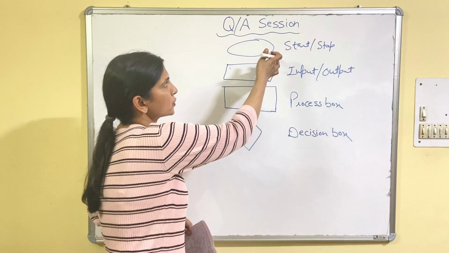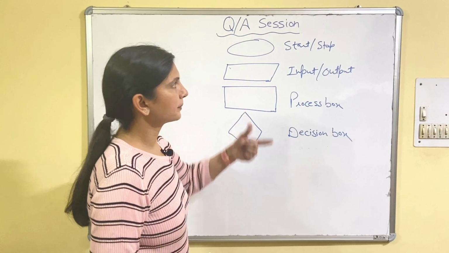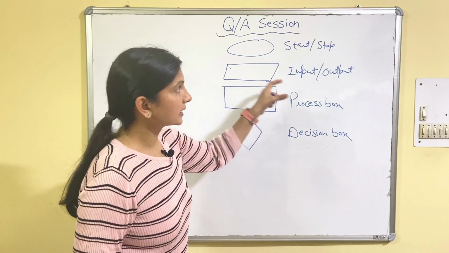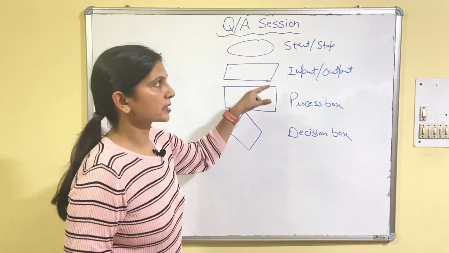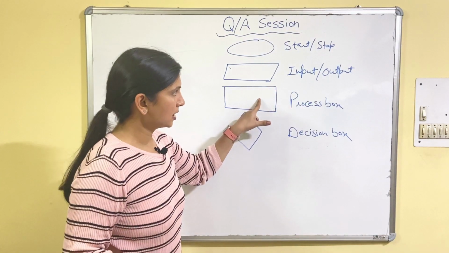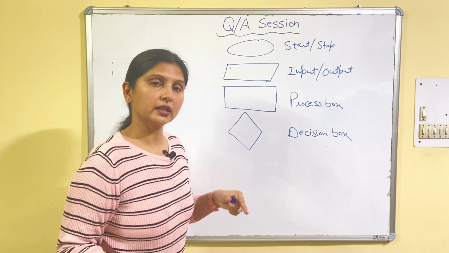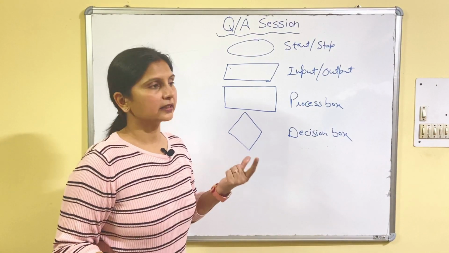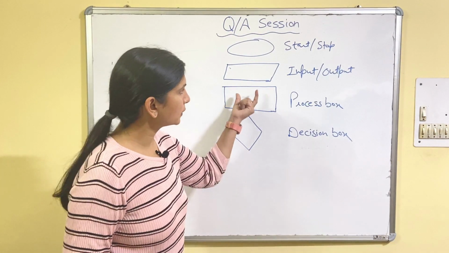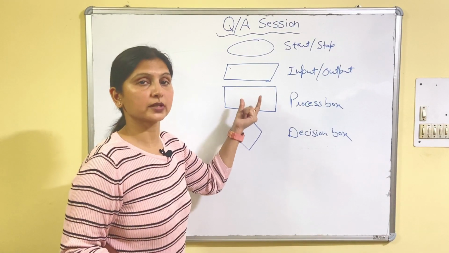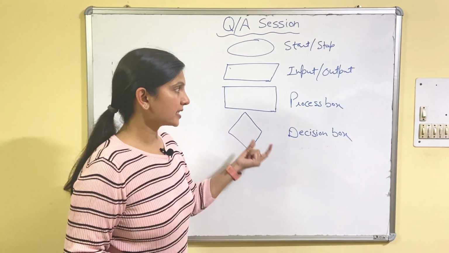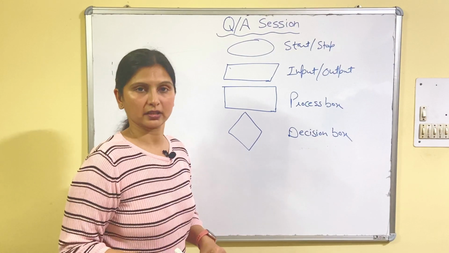Fine. To start the flowchart, we use the start box. Then input, to input any value, like enter length and breadth. And to display, for both input and output, we use this parallelogram. The process box is used for any calculation or initialization. Like the values are given, length equals 10, breadth equals 30. So we initialize those variables in the process box, or any calculation like area equals length into breadth. And in the decision box we give the condition, if.